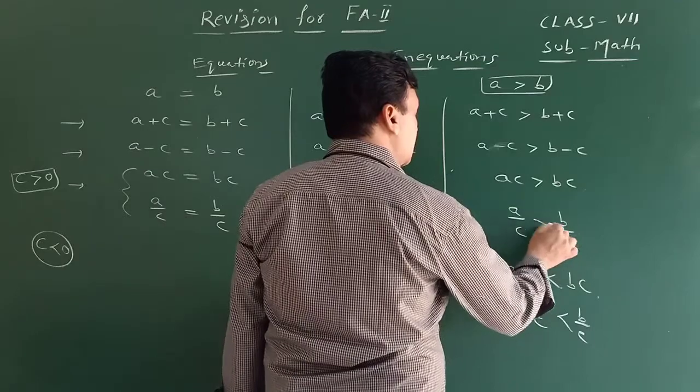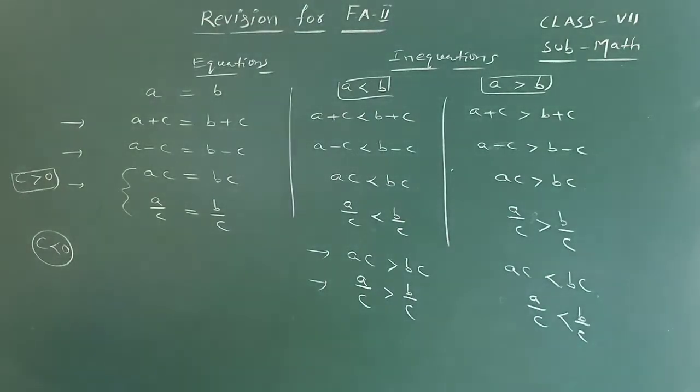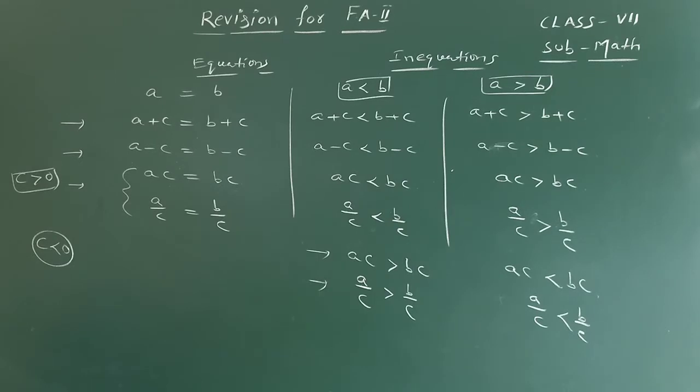Here equation and inequation. For the equation there is no change in the sign or symbol. And for the inequation, here inequation signs may alter for the negative c. C less than 0 means for the negative c inequation alters. For the positive or negative c, there is no change in the equality sign. These are the rules.